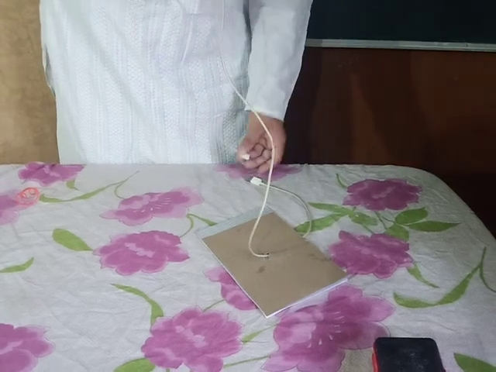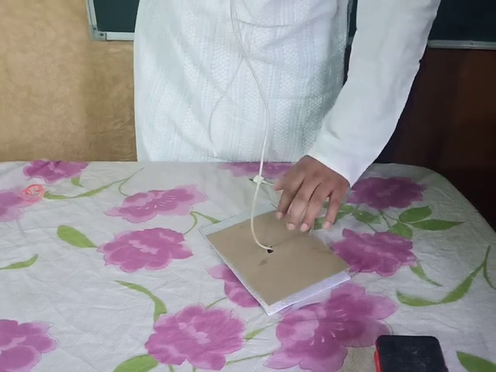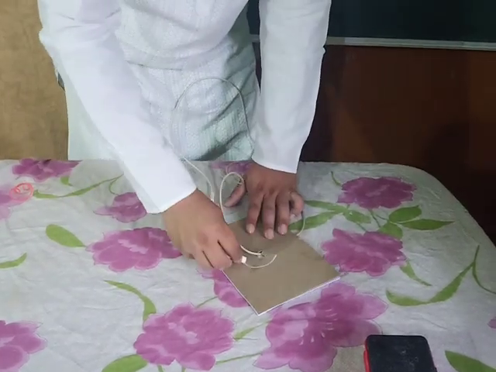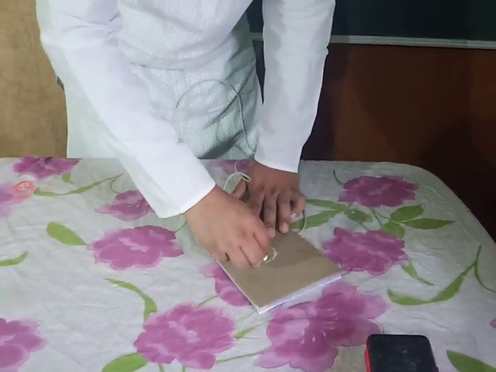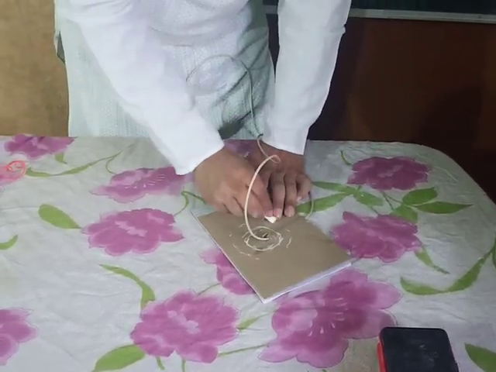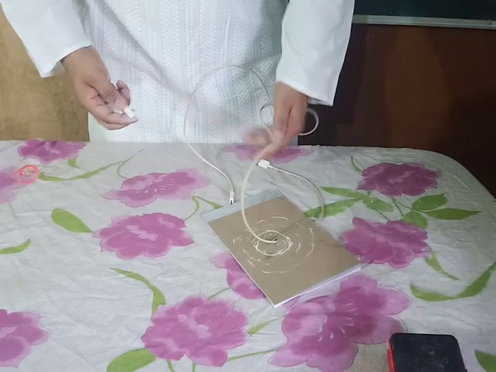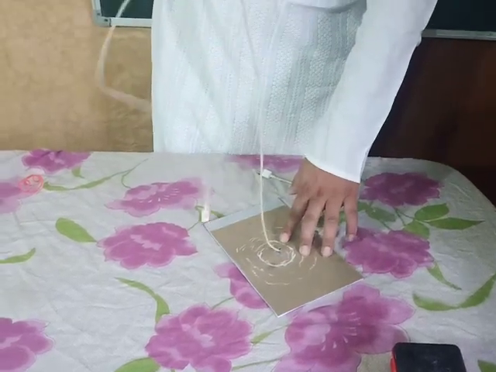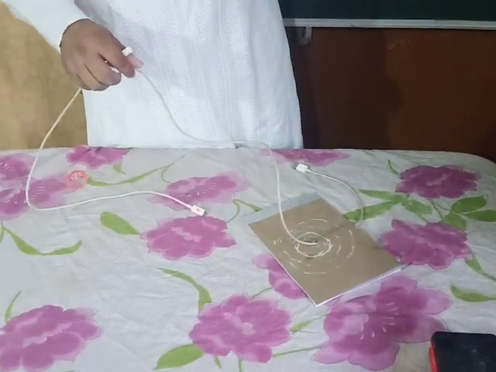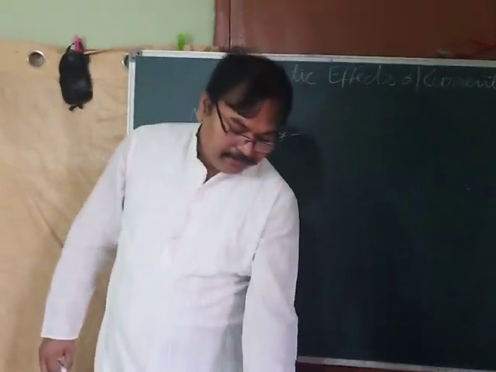You have to connect this with the battery or cell. Then what will happen? The current will start flowing in the wire. And once you tap this, what will you find? The iron filings will arrange themselves like this, in the circular form. That's what we have discussed already, no? In this way they will arrange. This indicates that the pattern of magnetic field lines for a straight current carrying conductor is circular in shape. Okay. Also, that is the activity.